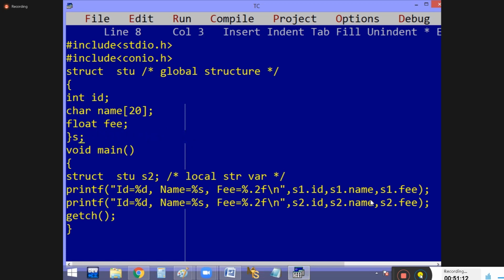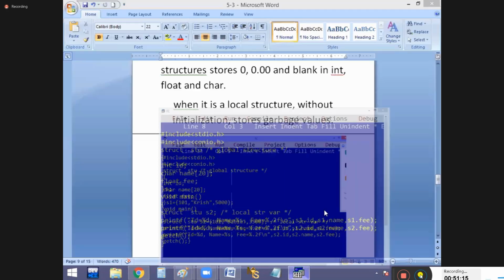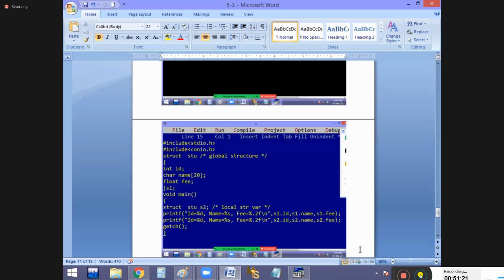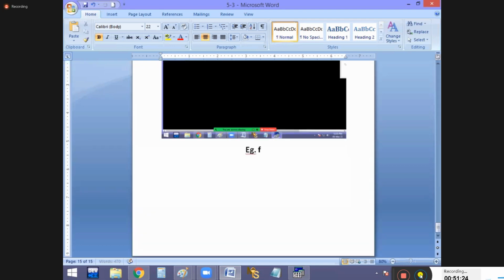Right. Next, watch it, guys. Finding structure size. I want to find out the structure size, guys. Okay, how to find out the structure size? Already I have given it. Structure size is the sum of all the structure members. Okay, empty structures take